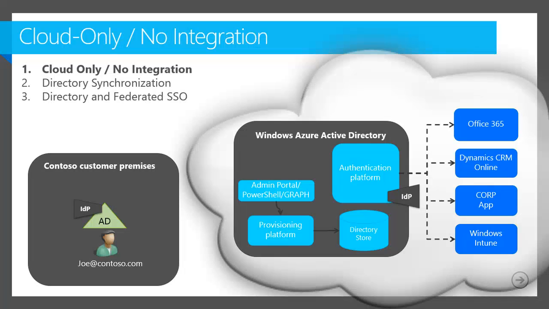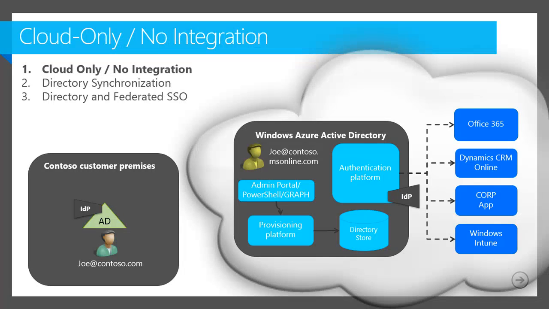The first one, and I don't know if you want to even call this an option, but I think it's important to list, is no integration. In this case, on the left-hand side, you have your on-premise user, joe@contoso.com. On the right-hand side, the big gray box is Windows Azure Active Directory, and all those cloud services are connected to that. In the first scenario, you're going to be creating a separate user account, and you can create that via a number of different means. You could go into the console,